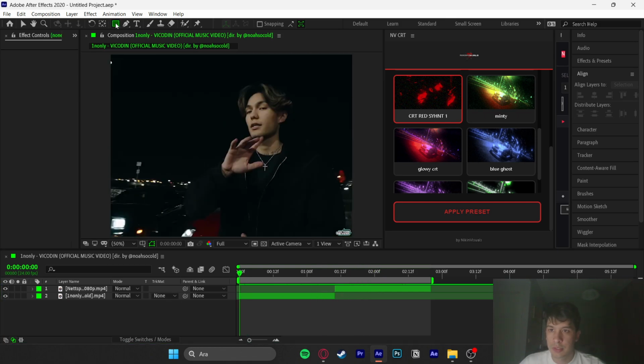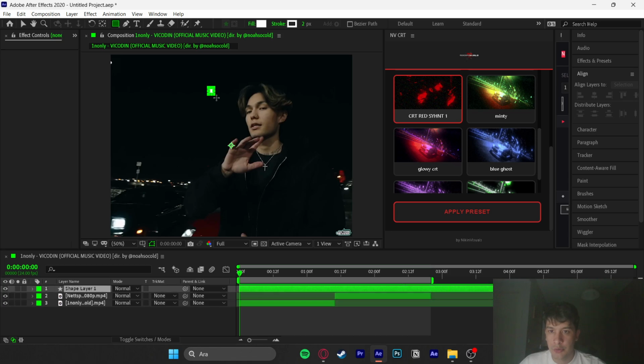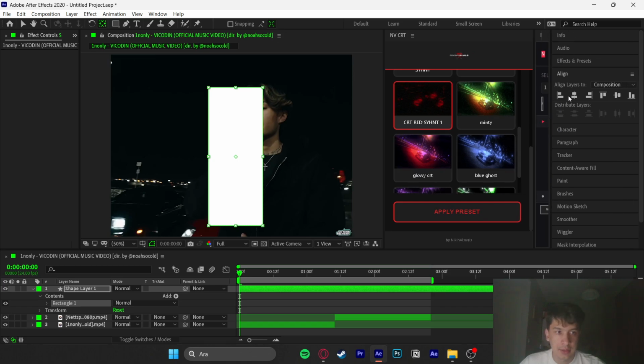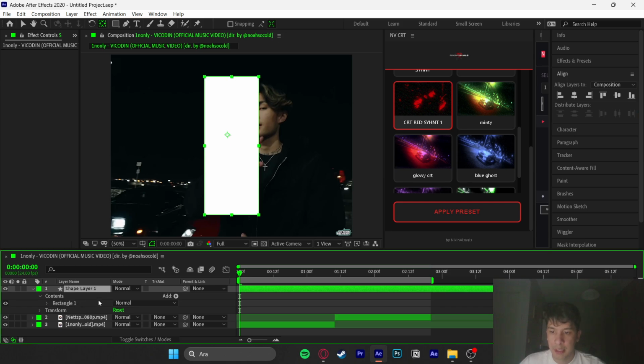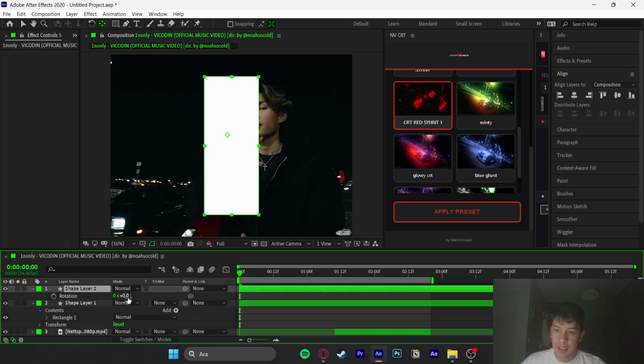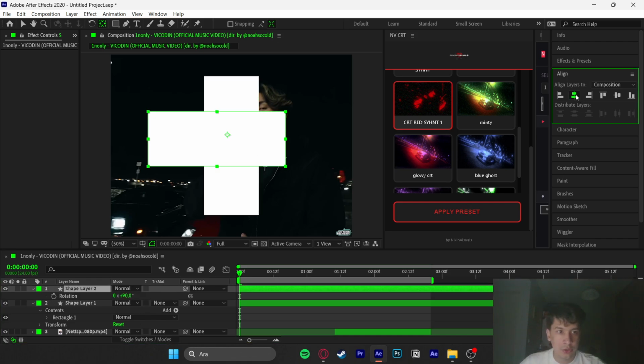So click on the rectangle tool and draw something like that. Then click on the pan behind tool. Then come to align and align it to the center like that. Then press on your layer 1 and press Ctrl D and duplicate that. Then press on layer 2 and press R, open the rotation tab and type 90 degrees, and let's also align